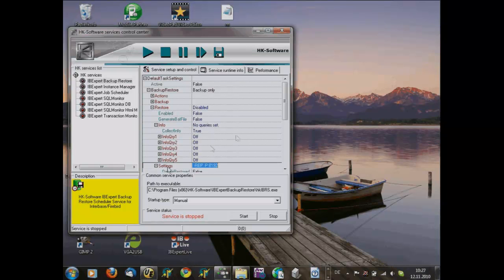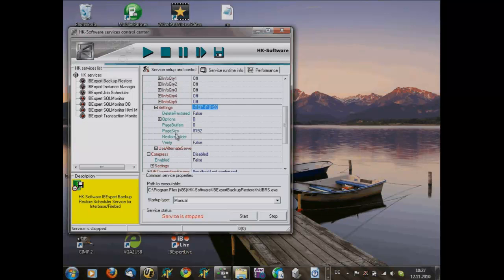And I am also able to have the settings here that I always use a specific page size for restore. I change the buffer setting. I use a separate restore folder.